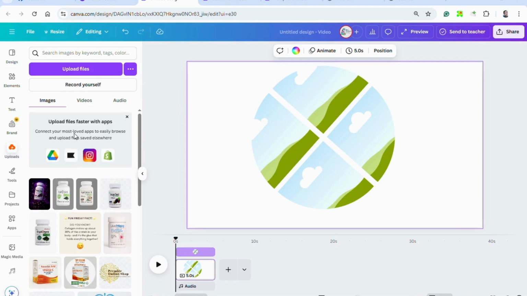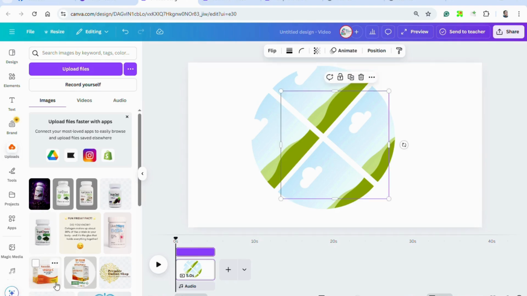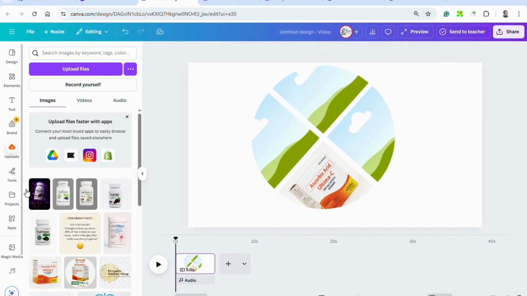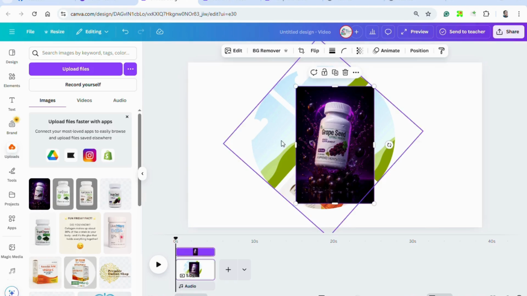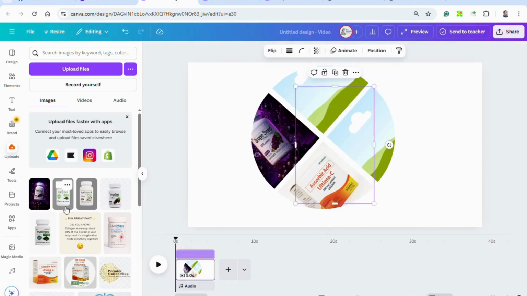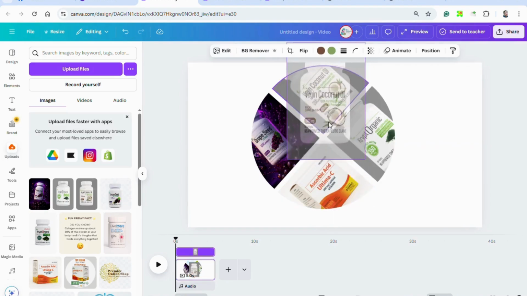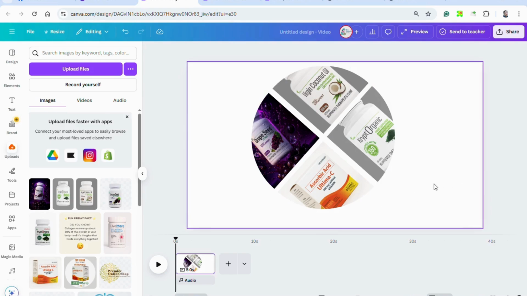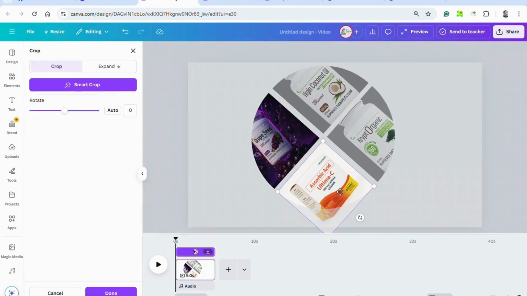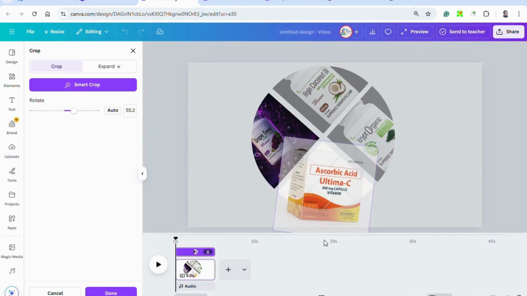If you don't have anything under images, you can just click upload and then get your pictures from your device. So now let me put this one first, and then another, this bottle of grapeseed, this bottle of crypto, and this bottle of virgin coconut oil, and then arrange each product like this.